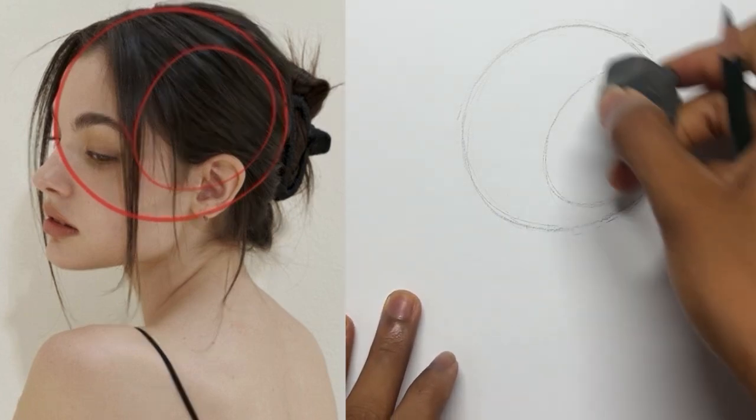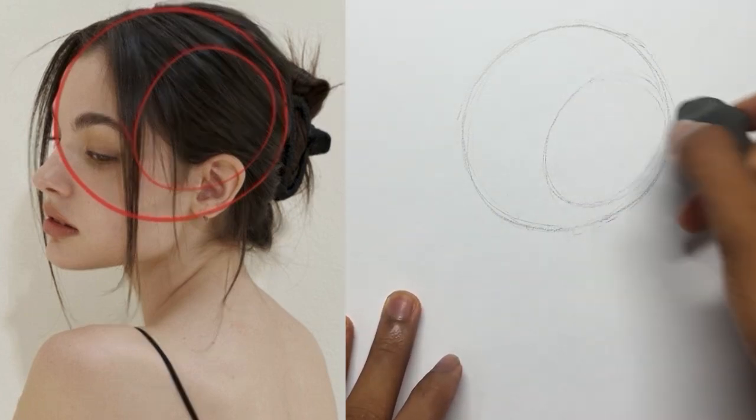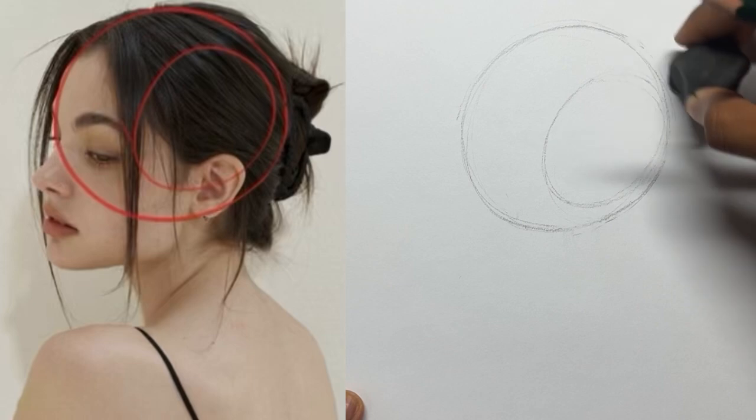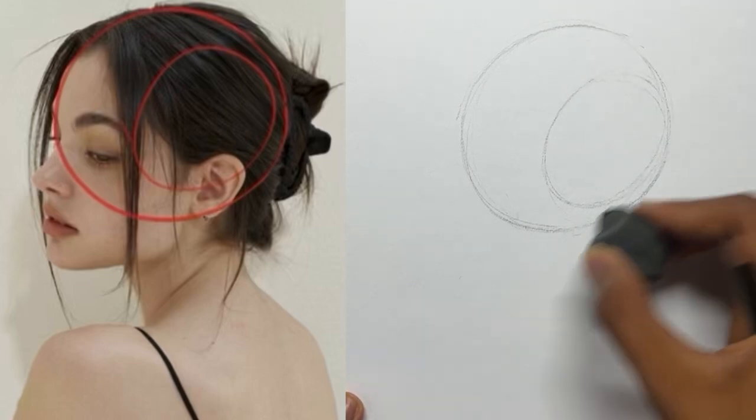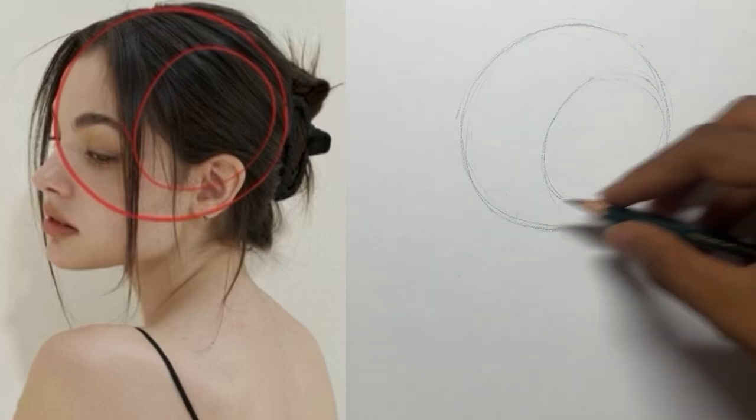So I'm going really quick. I'm not trying to make it look perfect. I'm just going with the flow. I'm being a little bit more intuitive with my approach. Okay, so now I'm just gonna look for